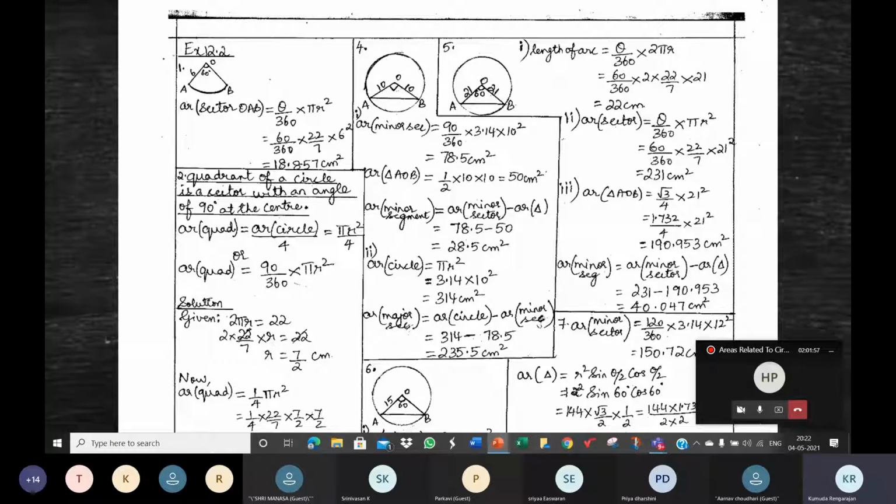See here, I'm moving over the boundary of the major sector. So I start with the radius. I'm here at O. I'm moving along OA radius. Then I'm moving along the big arc AB, the major arc AB. And then now I'm moving along BO. And this way I have walked once on the boundary of the major sector.